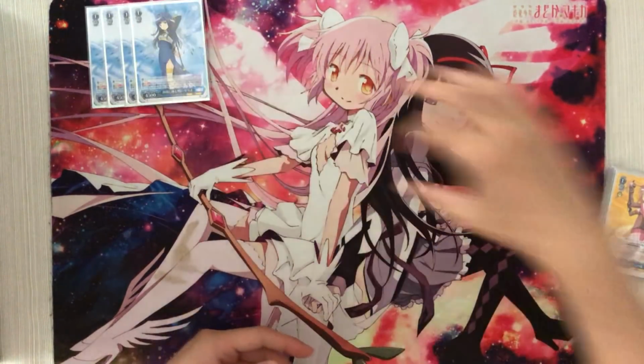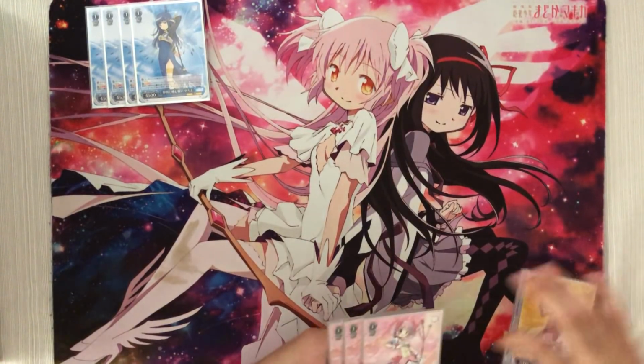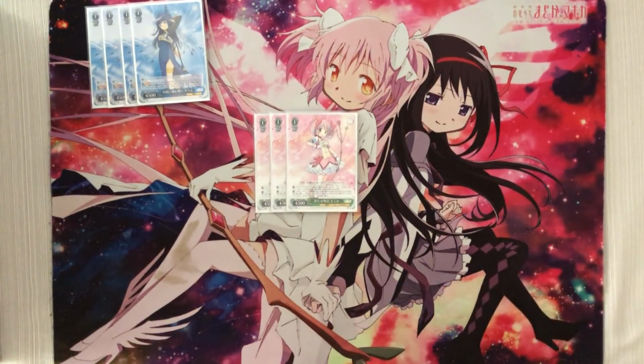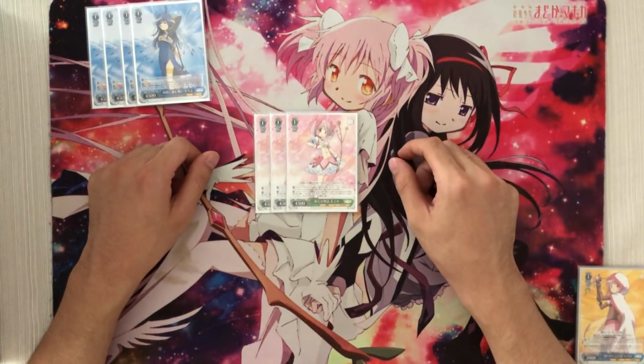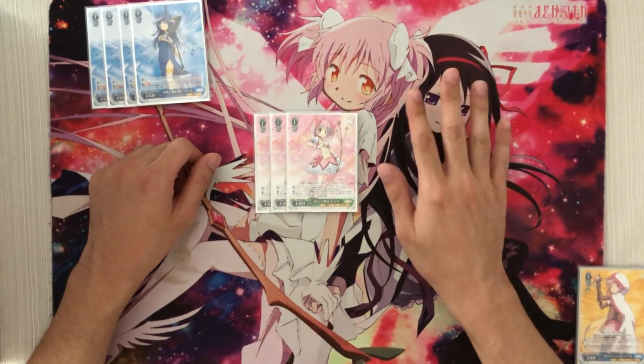Well, let's put that here. All right, next we run 3 of this 1/0 Madoka. The Madoka's effect is on play, you get 500 power per every one of your magic characters on the board,